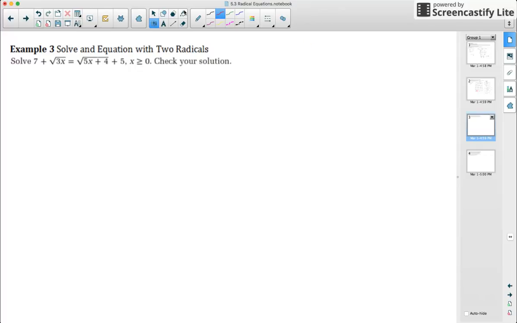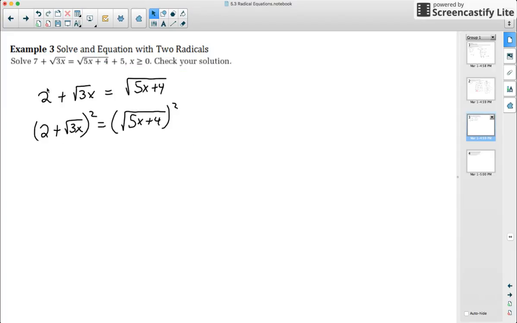Our next example, this time we have two radicals. What we're going to do here is start by simplifying. We're going to move our 5 over to the other side. So we're going to end up with 2 plus 3x equals root 5x plus 4. We're just isolating this larger, more complicated radical. Square both sides,